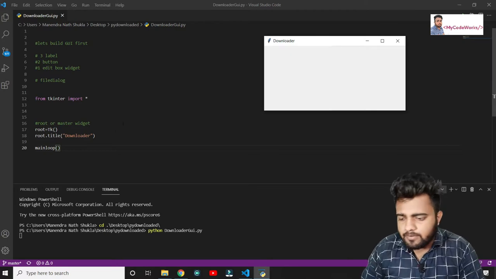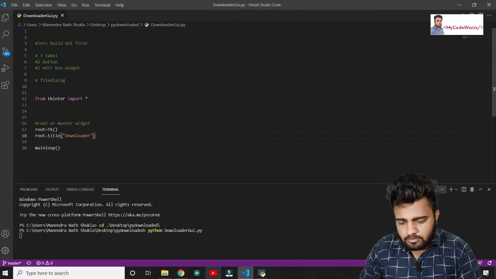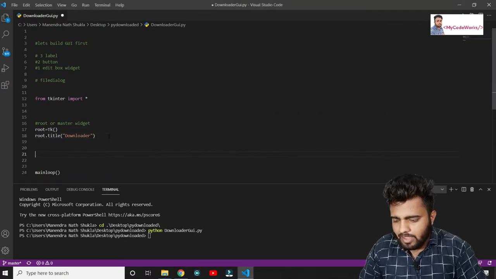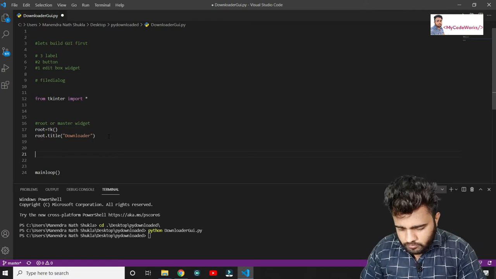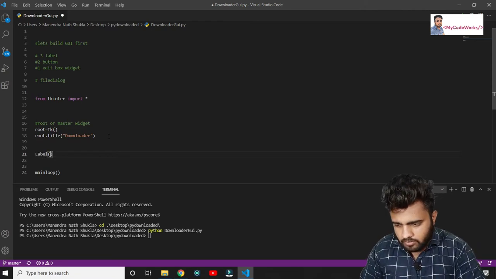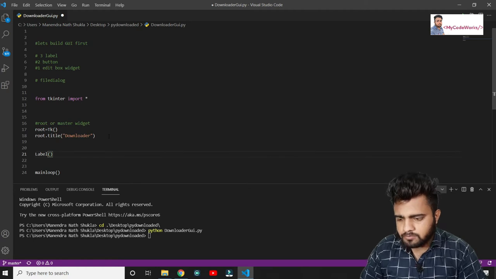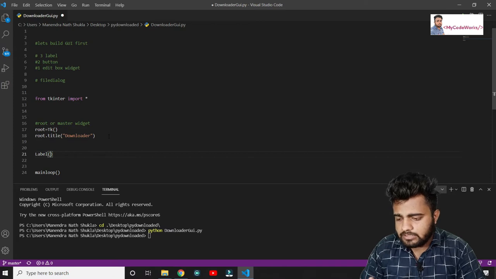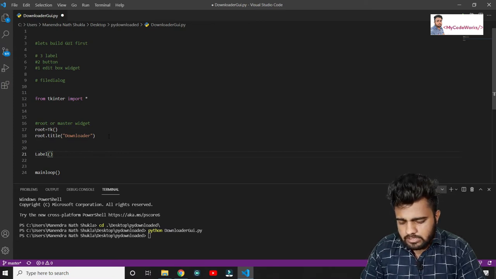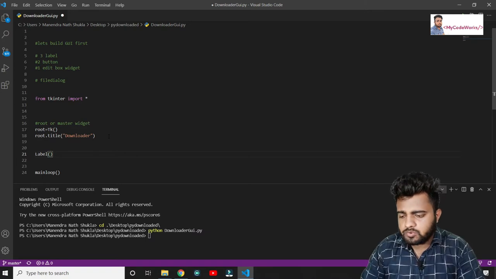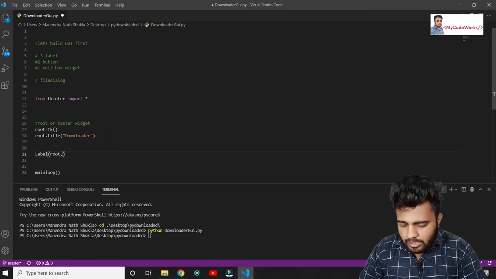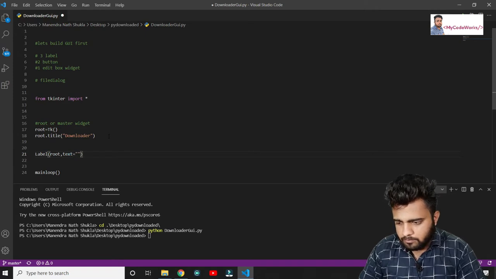Now we will try to write some buttons. It works in a grid form. So we will try to create some labels and buttons and an edit box, one edit box. So now we are going to create a label. Label widgets ask like two things. One, where we want to show this label, so basically it will be root, on the root or master window. And what will be the text for the particular label?